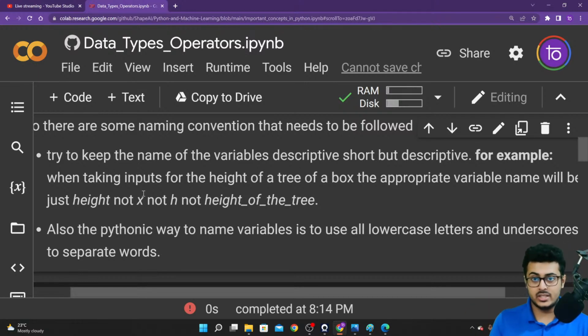Again, just to remind you guys that not understanding is not an option. If you're not able to understand something, do not write "not understanding" in the live chat. Write exactly what you are not able to understand, so that I'm able to help you guys out. If I'm just seeing that you're not able to understand, what are you not able to understand? I said 50 different things in the past 10 minutes. So you have to be very specific in the live chat about what you're not able to understand, guys.